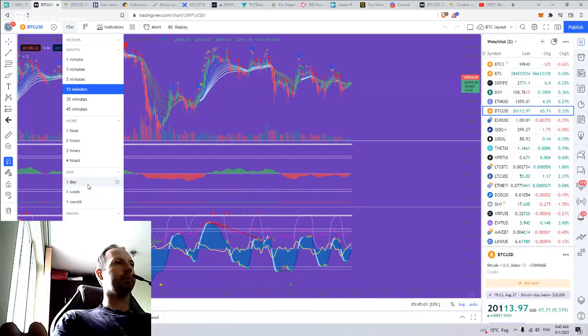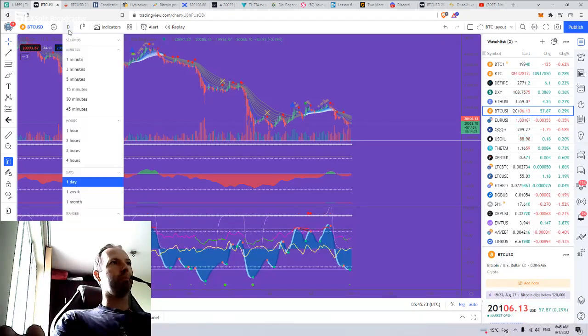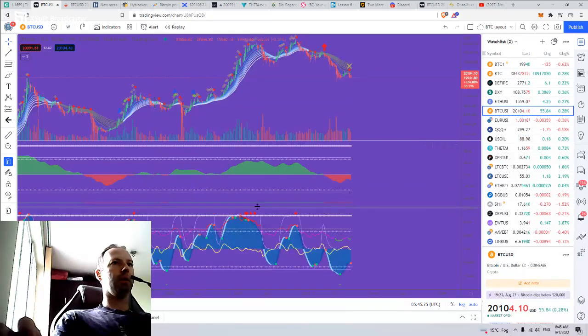Let's see the higher time frames. So the daily looked bullish yesterday and the day before, but now doesn't look so bullish. To be honest, well, we have the money for going up here. And the money flow on the daily is just about to cross to the green, but the weekly, I am afraid of the weekly,